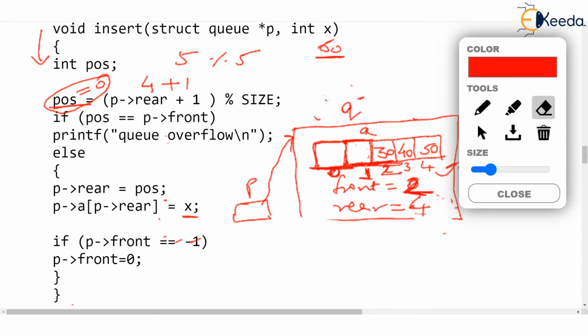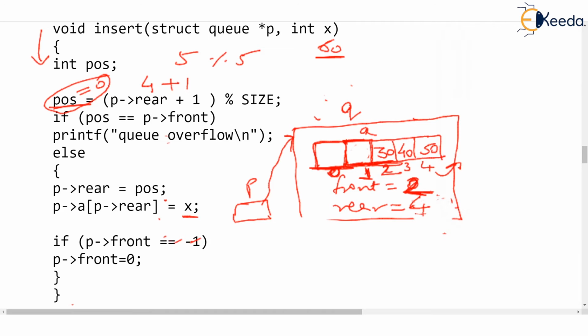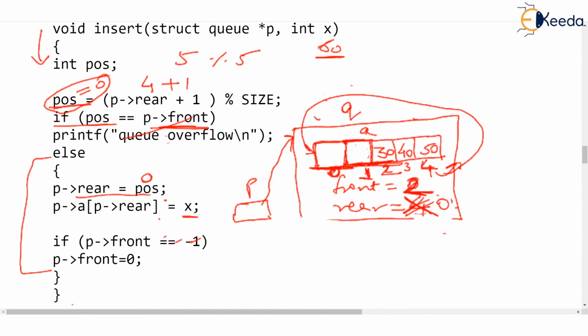Everyone, I hope you are understanding the concept over here. Position has come out as 0, and front is 2. So really the queue is not overflown, and we are going to land in else, and rear will become equal to 0 because pos is 0. Look how abruptly rear, which was 4, is now becoming 0. Rear was at the fourth place, and circularly rear has become 0. And at that rearmost place, the 0th place, we are going to hold 60. 60 goes at this place. And that's it. This is not the first insertion. Front is not -1. So insert ends.